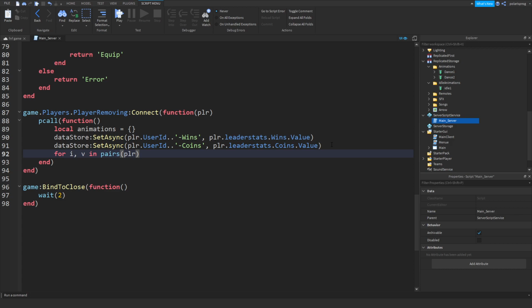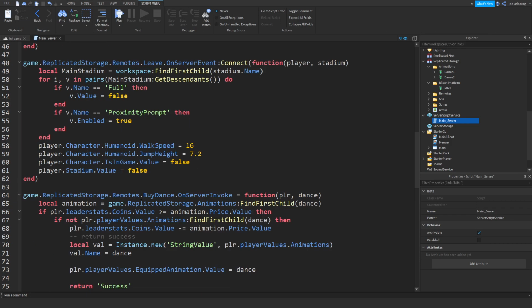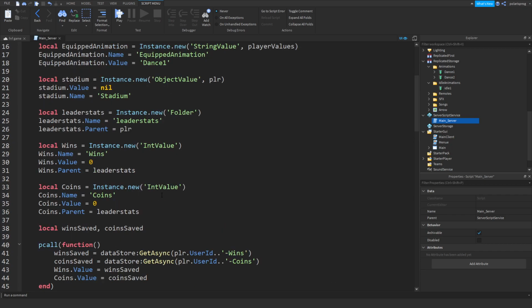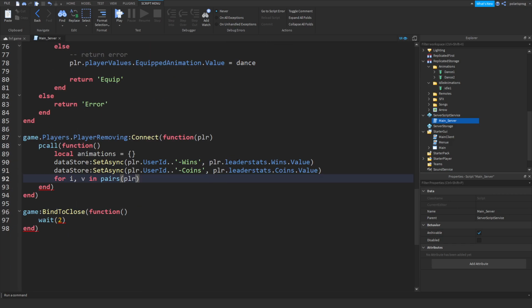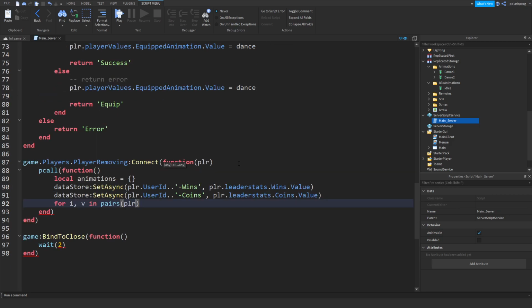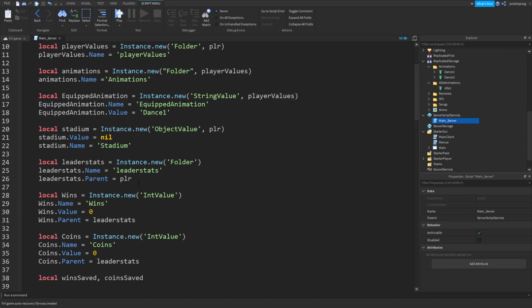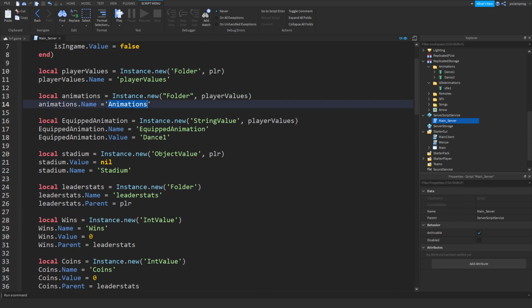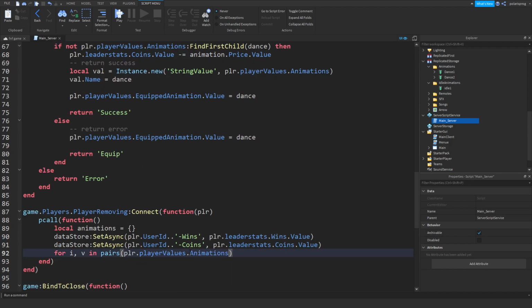So for i, v in pairs plr.PlayerValues.Animations, and I think it was called animations inside of the player values folder, and colon GetChildren